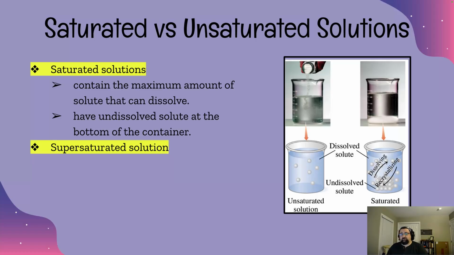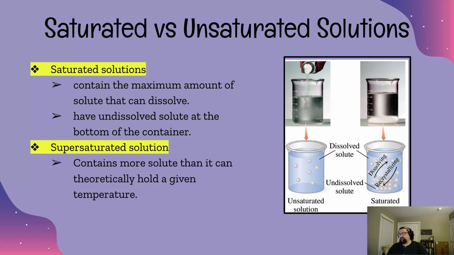Again, you have this undissolved bottom layer where no more will dissolve. Then you have supersaturated solutions, which means you've dissolved more than is allowed. That's done by using some of those principles of how you increase solubility. Some of it is increasing the temperature. You can turn that temperature up, dissolve more into it, and then bring that temperature down. It's now a supersaturated solution. It is holding more than it's supposed to, which means that depending on what you do,